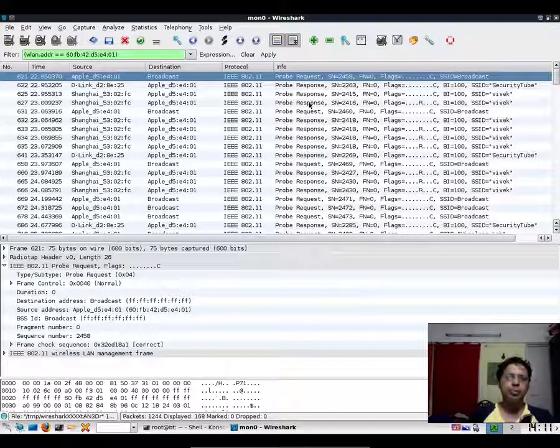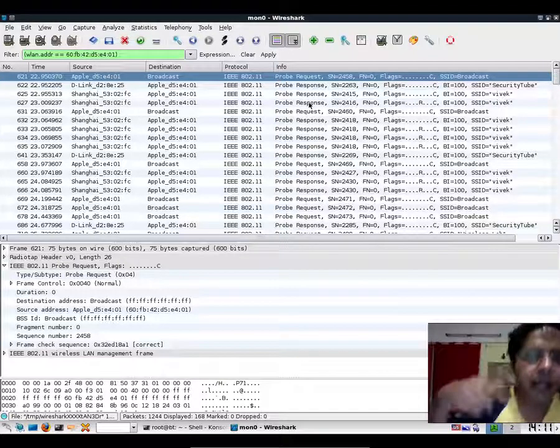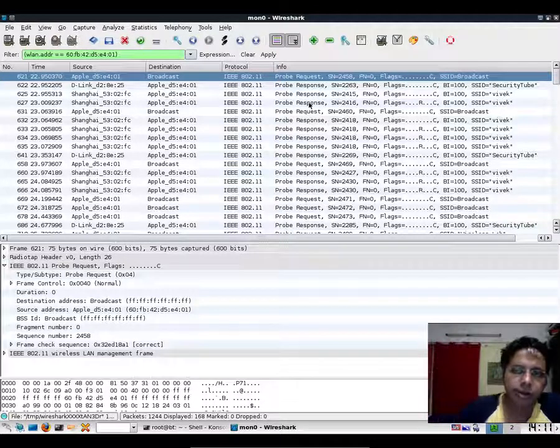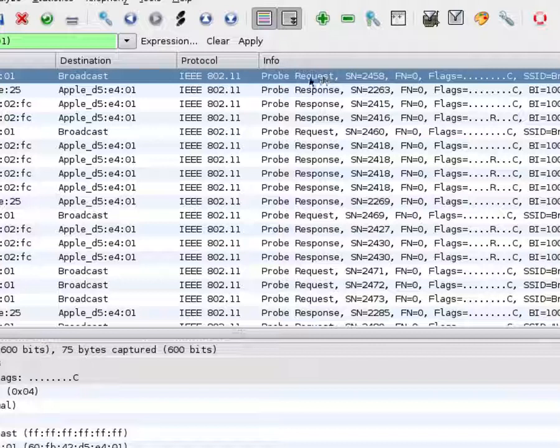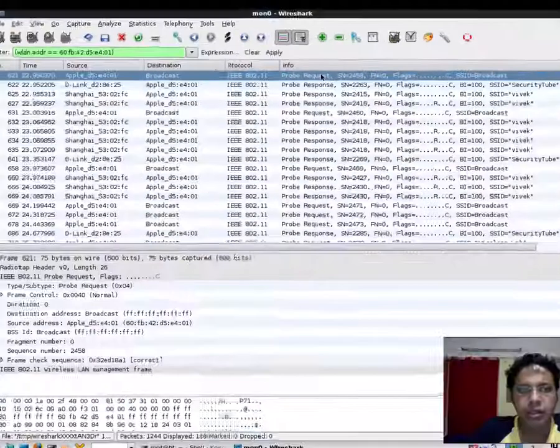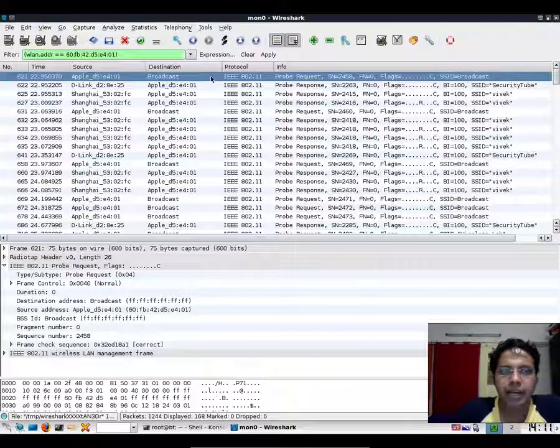Now the moment I switch on the Wi-Fi interface on the phone or on any laptop, the wireless client, or the STA as they call it, quickly starts searching the network to see if any access points are available. Typically this is done by sending out what is called a probe request packet. So this is an example of a probe request packet. The wireless client sends this probe request packet to the broadcast address,